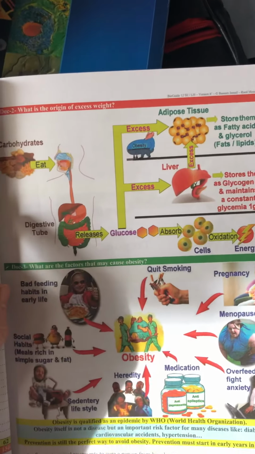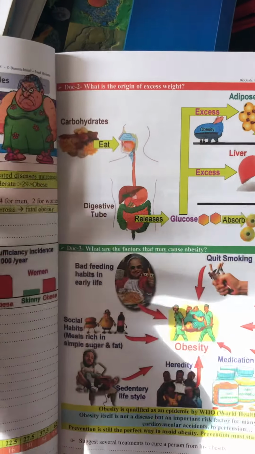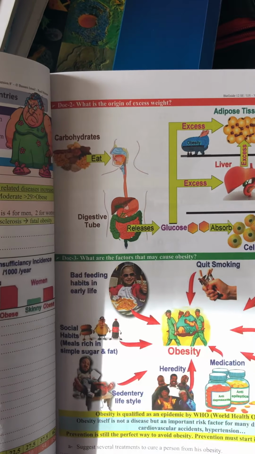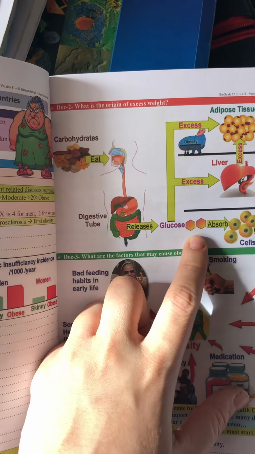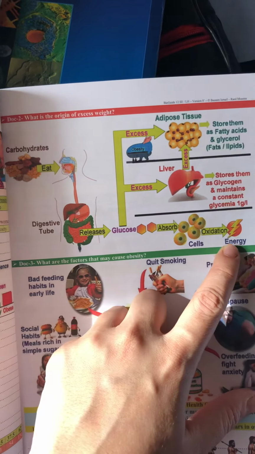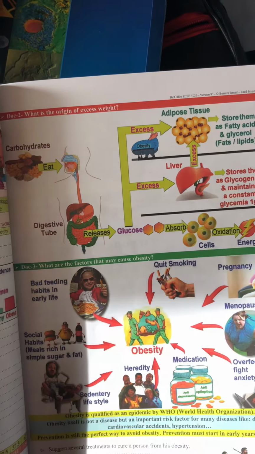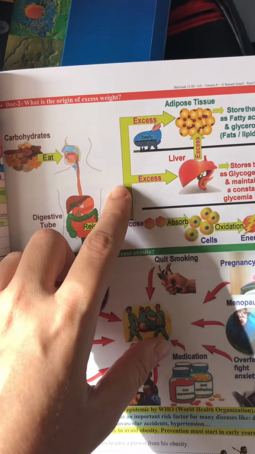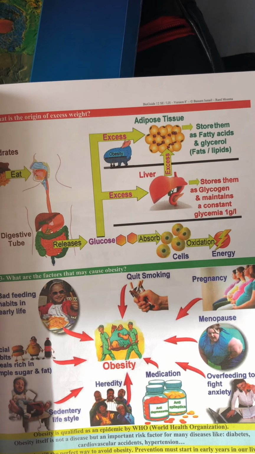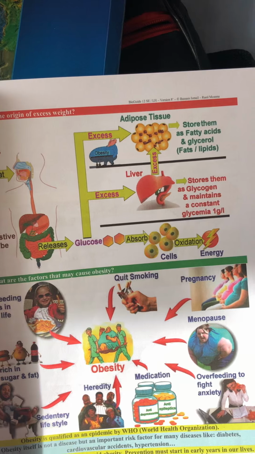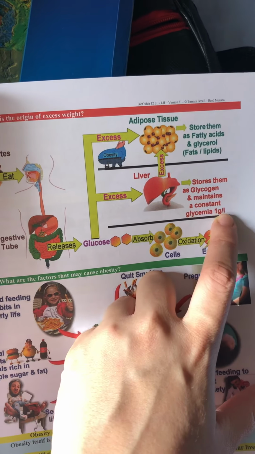So what happens when you eat? You know that carbohydrates are going to be transformed into sugar, which is glucose. This is something we spoke about in the earlier lessons. Normally, this glucose is taken by your cells in order to produce energy by the oxidation reaction. If you consume more food, this means you will have excess of glucose in your blood, which is impossible because the level of sugar in the blood should be constant, which is 1 gram per liter. This is called the glycemic level.